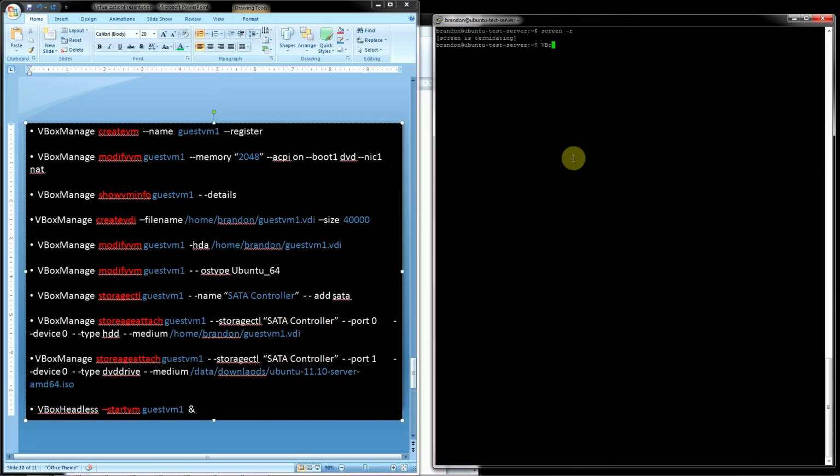Let's do VBoxManage, modify our virtual machine named guest VM1. And we attached it right here. I'm sorry, in this one here. So what we want to do is type,